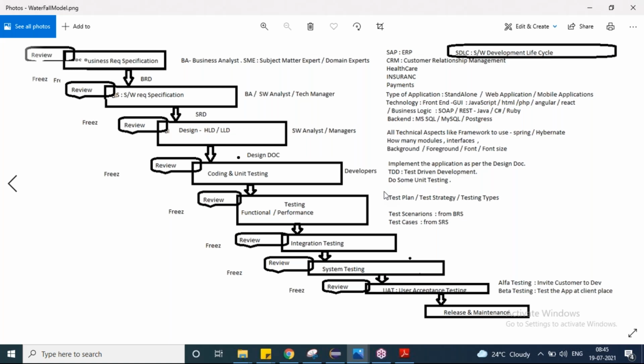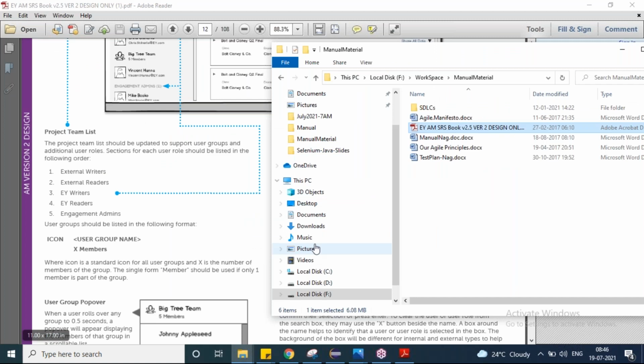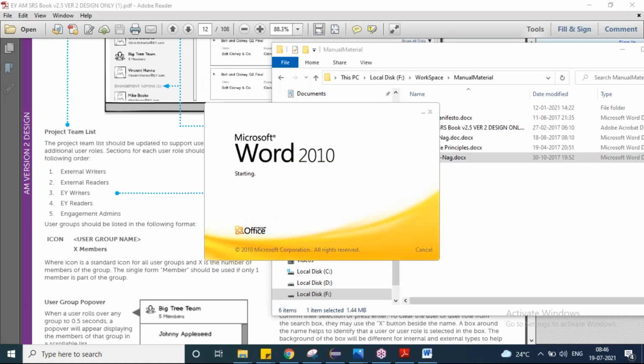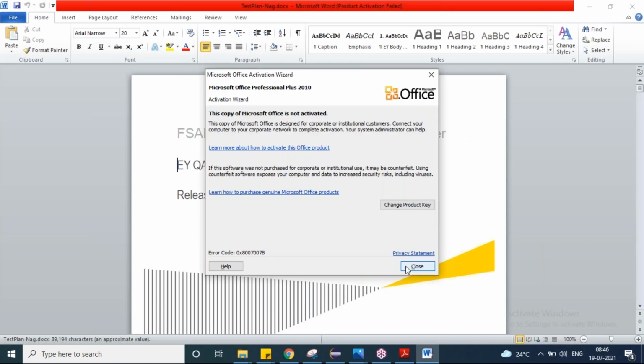Okay, so I will give you all the live documents. This document I'll share with you. You can keep this document with you, and I have the test plan also with me, that we used to prepare in our organization, and I'll share my test plan, which will give you a lot of confidence. Probably tomorrow or the day after tomorrow, I'll show you this document. This is my test plan that we prepared.